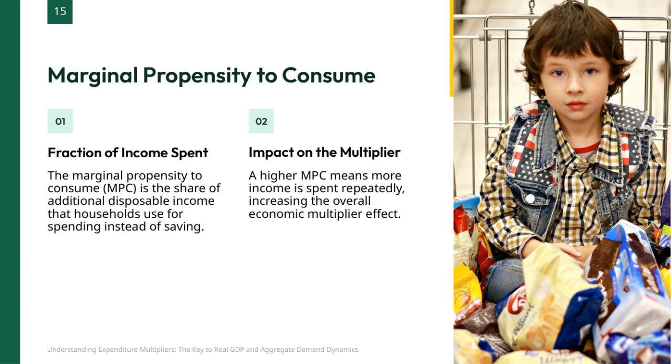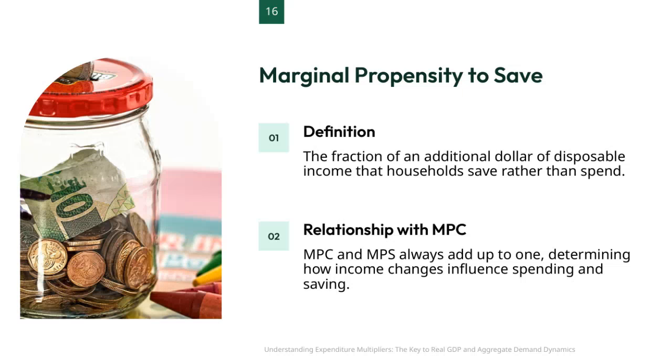The playful image here, with the child surrounded by snacks, reminds us how everyday spending choices contribute to this broader economic cycle. Here we have the marginal propensity to save, or MPS, which is essentially the portion of any extra income that a household decides to save instead of spending it. For example, if someone receives an additional dollar, the MPS tells us how much of that dollar will be put